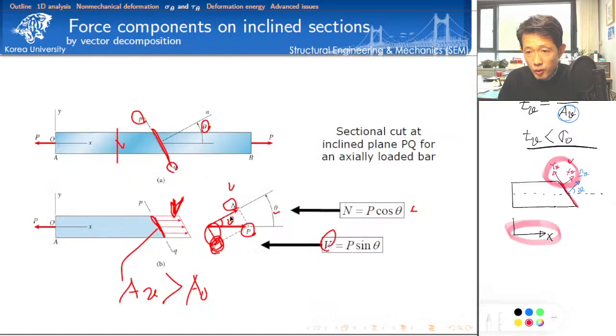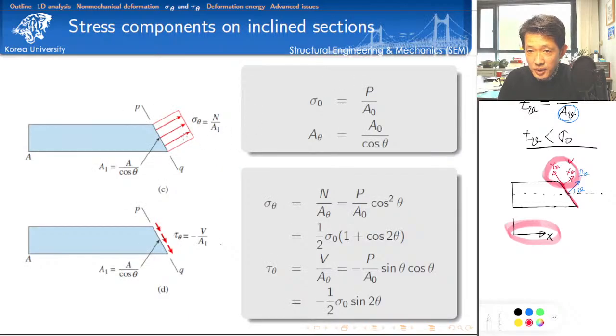So now let's work one by one. So how to calculate normal stress for this? Normal force divided by this area is equal to the normal stress in that direction, isn't it? So that's why I'd like to calculate the normal stress by dividing the normal force by this area, okay? So